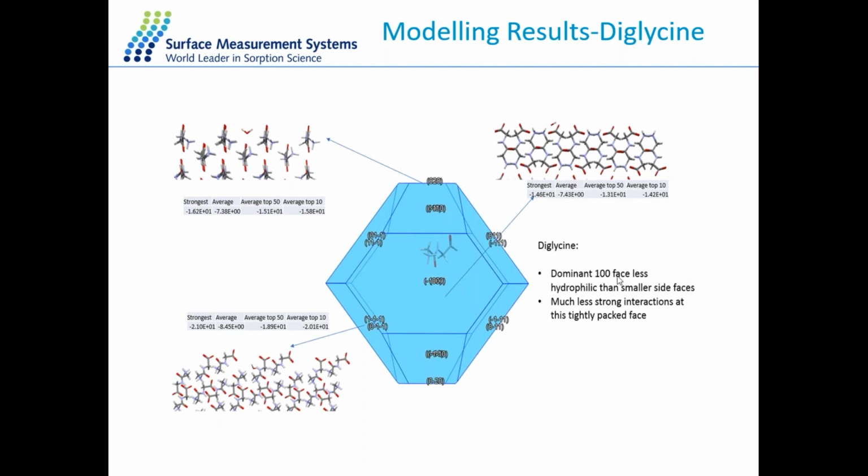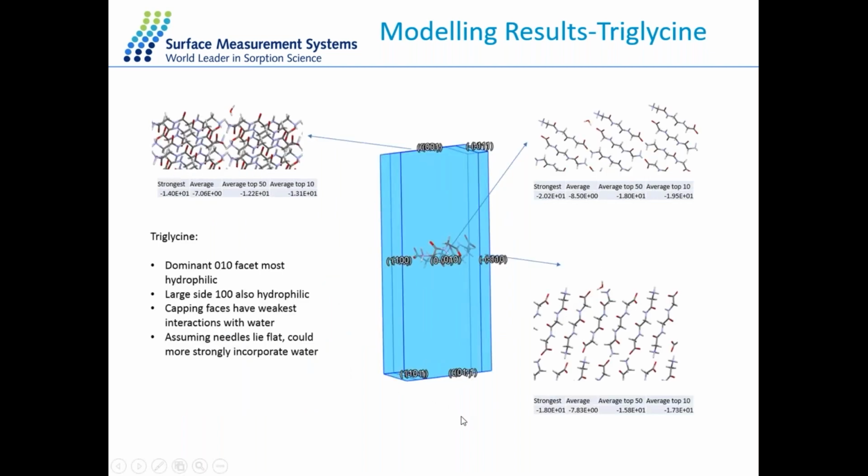And what the modeling suggests is that the dominant 100 face is less hydrophilic, or more hydrophobic, than the side faces. So in the predominant crystal packing arrangement, the dominant surface is going to be hydrophobic, whereas the less dominant surfaces are more hydrophilic. And there's less interaction in this tightly packed space. So this diglycine becomes very tightly packed, so it's hard for water molecules to get in there and interact with the material. As we increase to triglycine,